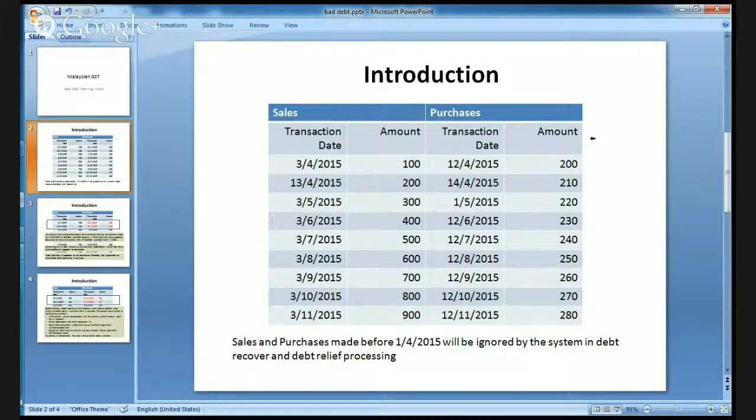So to demonstrate how we do that, we have actually created several transactions. For sales transactions, you have $100 for April and $200 for April 2. And for purchases, you have 200 in April and 210 in April 14. And the rest, etc., is a demonstration only. So with these transactions created, assuming